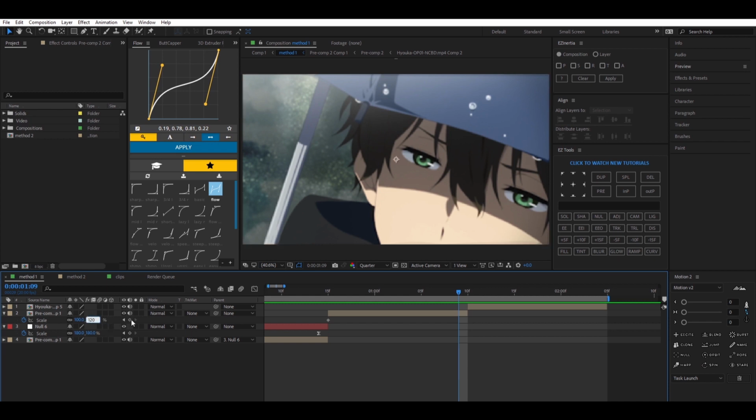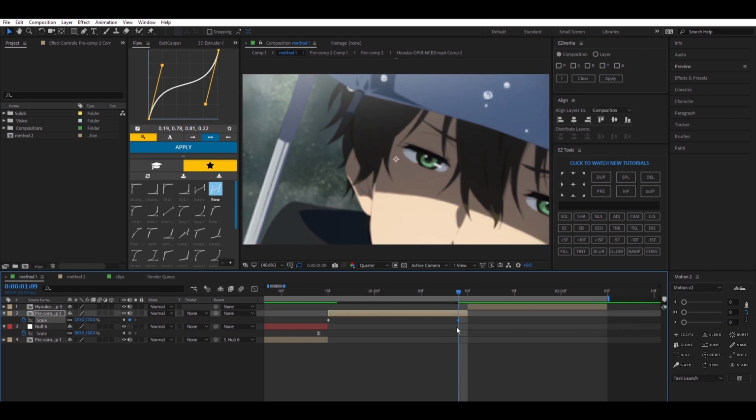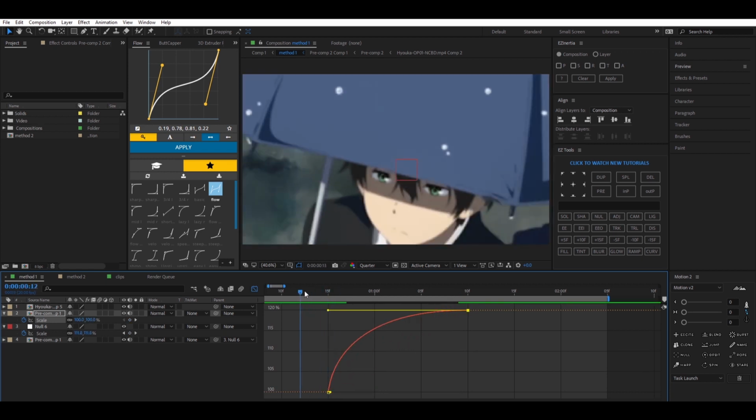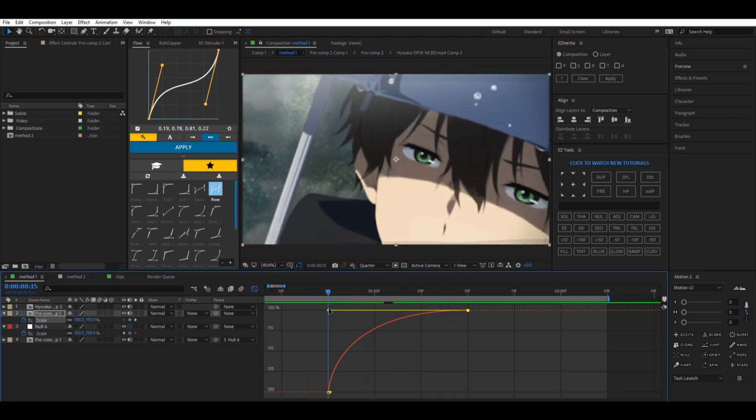In this case, I'm just going to do 120. Highlight your keyframes, press F9, go to your graph editor and make something like this, like that. Or you can do a graph that looks like this.